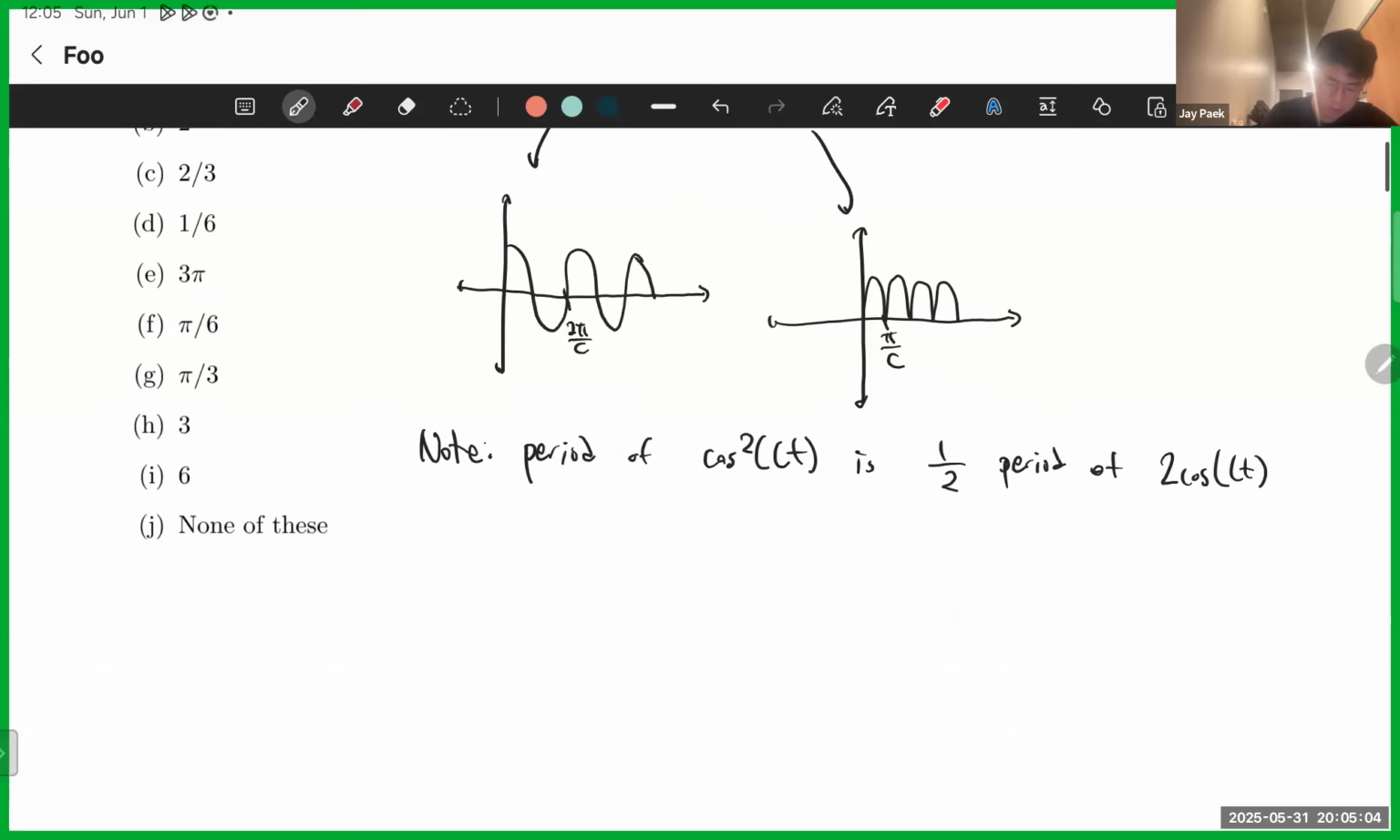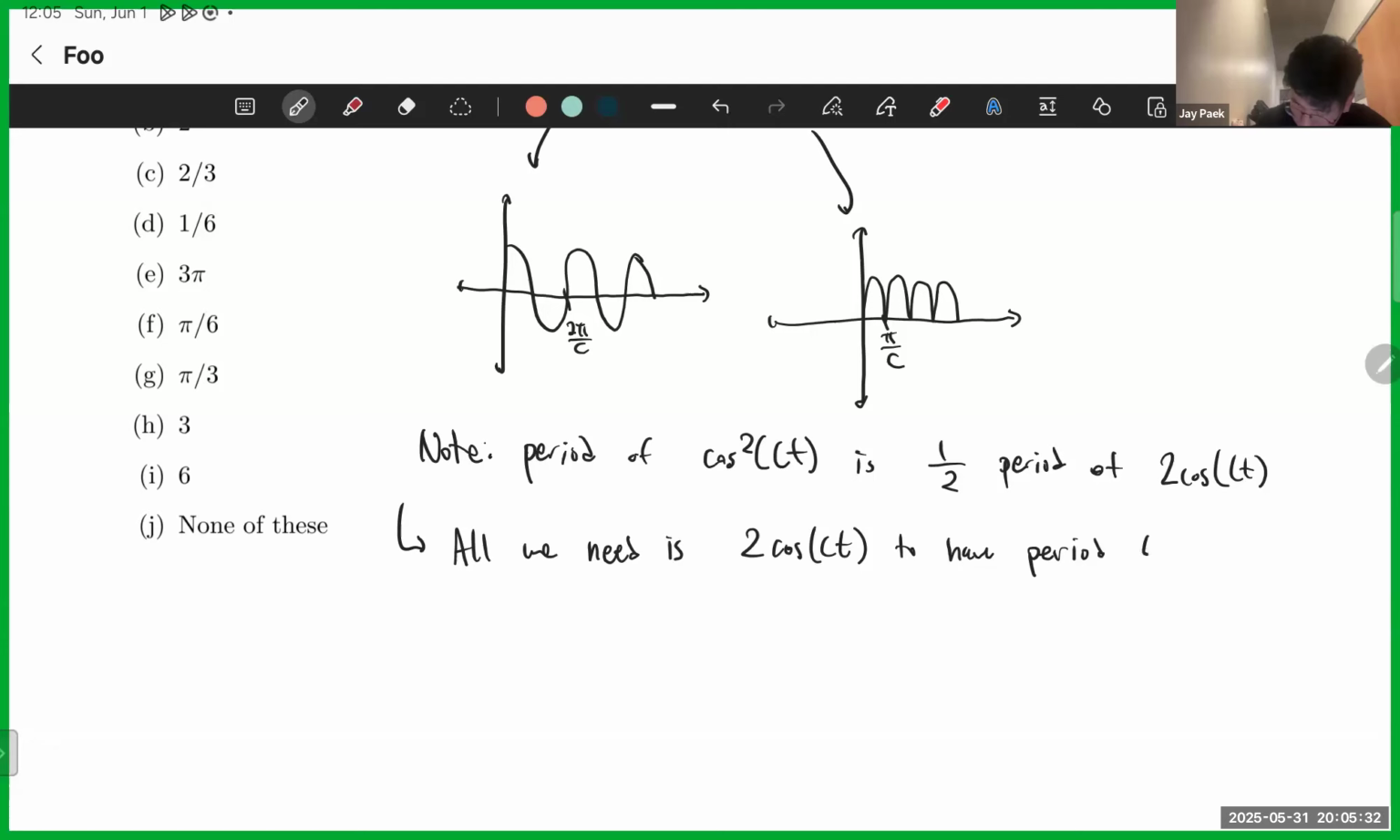And so what does this mean? This means that all we need is for 2 cosine of ct to have period, that's 2 ct. We need to have a period of 6 pi, and thus we just need c equal to 1